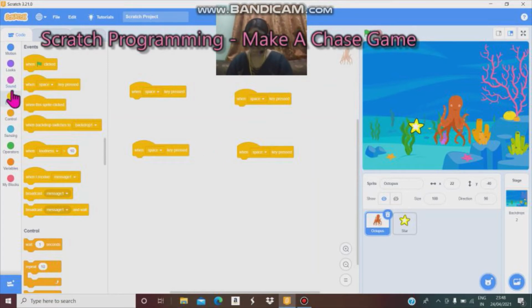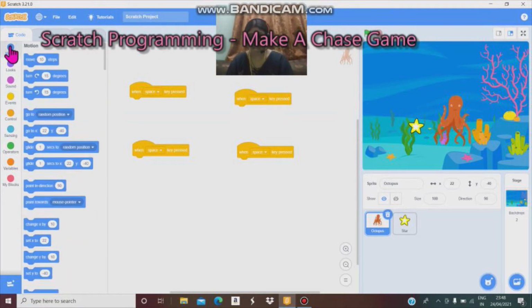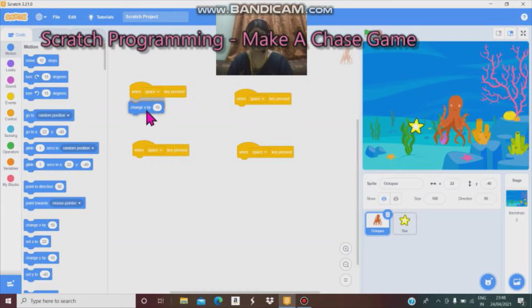Then go to motion blocks. Here drag change x by 10. You have to choose change x by minus 10.